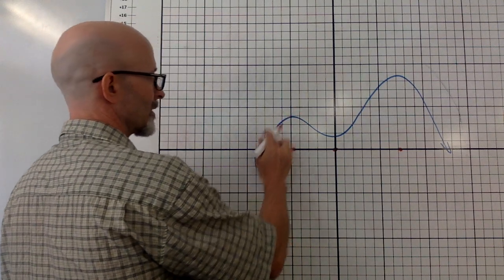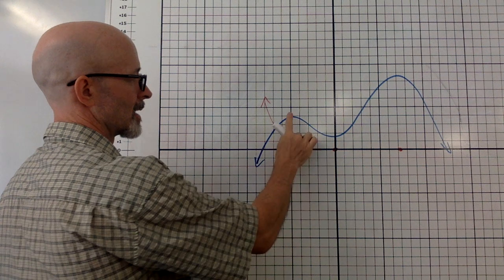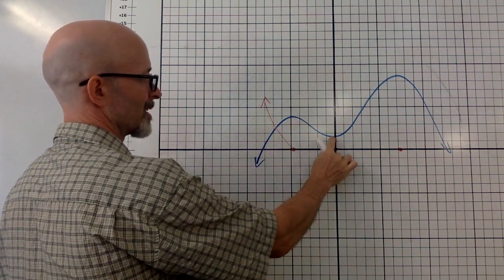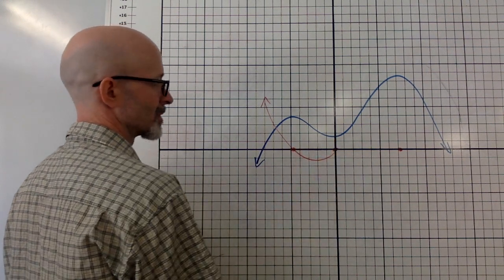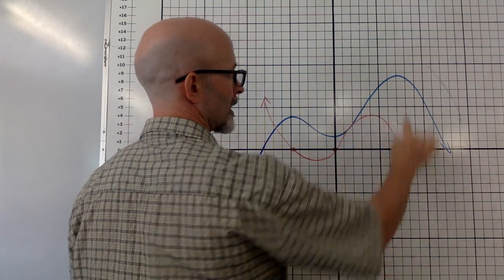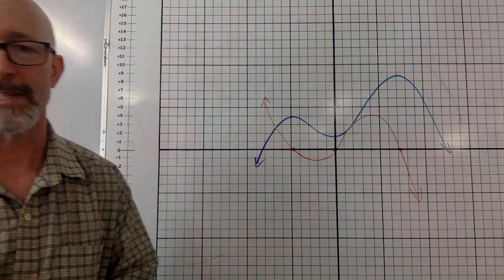Then, you know what? The only thing I know is these are all positive slopes, so I'm going to make those positive numbers. These are all negative slopes between that highest point, the max, and the lowest point, the min. So I'm going to make all those negative numbers. These are all positive again, and these are all negative. Do I know that's exactly what the